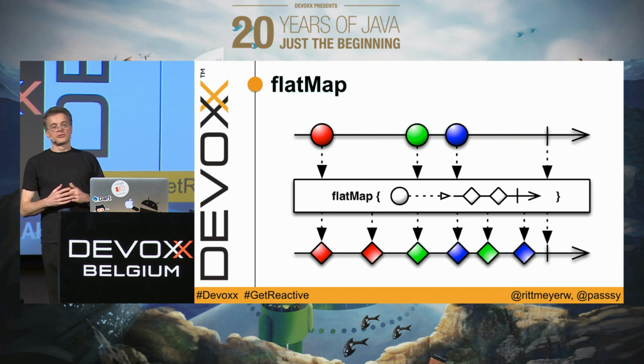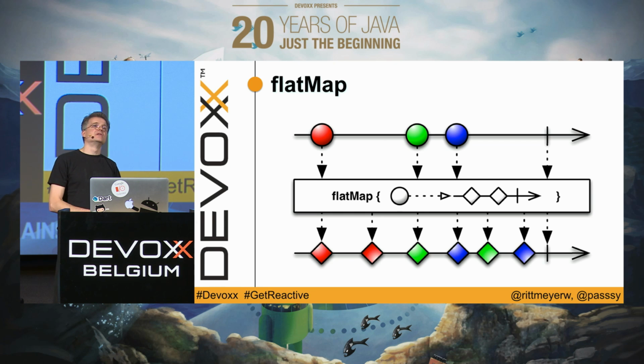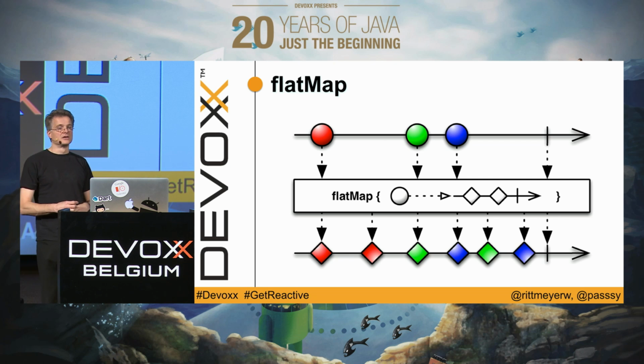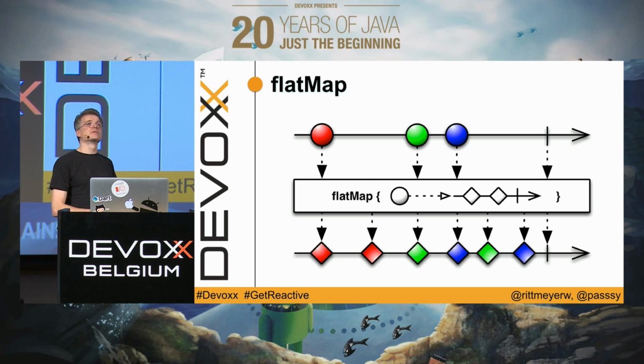Now let's see 3 operators in more detail. First of all, this is a marble diagram. Every operator of RxJava is documented with these marble diagrams. The RxJava documentation is really very good. At the very top of those diagrams, you have the source observable, and those colored shapes are the items emitted. In the middle of the diagram, in this box, you have the operator, and at the bottom, you have the resulting